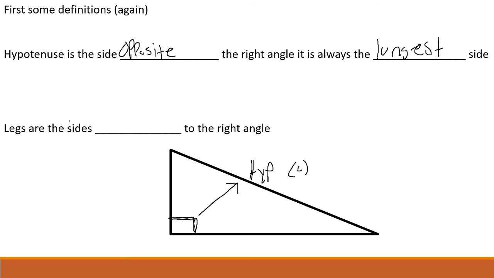And then the legs are the sides that are basically attached or adjacent to, if you want to use the proper terms, adjacent, but I usually say it's attached to the right angle. So if this is my right angle, the two sides that the right angle connects to, which is this side right here and this side right here, those two sides are the legs. So this is leg and this is leg, and then again, these are usually called A and B. It doesn't really matter which one you call A or B,